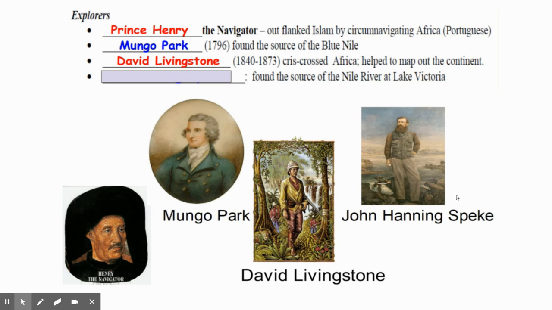And what's interesting is, he has adapted to the cultures of the different tribes that he is living amongst. But needless to say, I think Livingstone, for the most part, is the guy who really helps us understand what Africa is all about. And if it wasn't for him, we probably wouldn't have some of the knowledge that we have today. And then finally, we got John Haining Speke. He is the man who found the source of the Nile at Lake Victoria and is given credit for that.